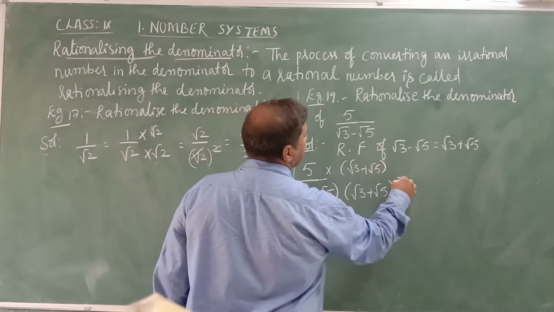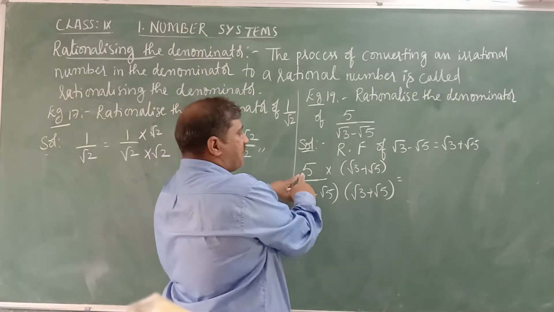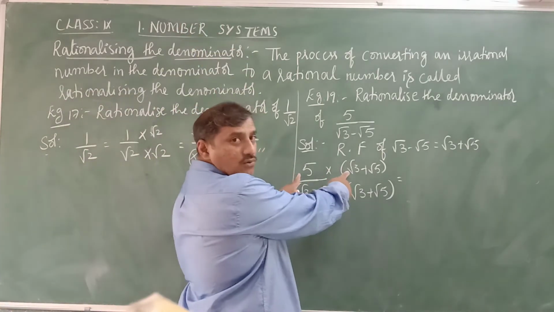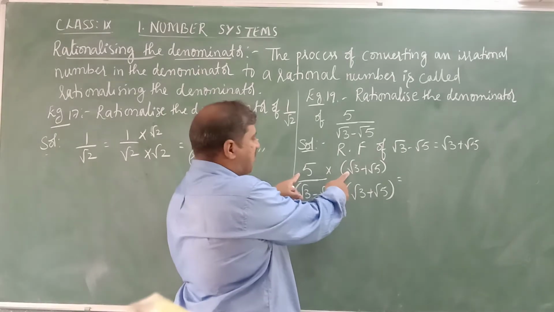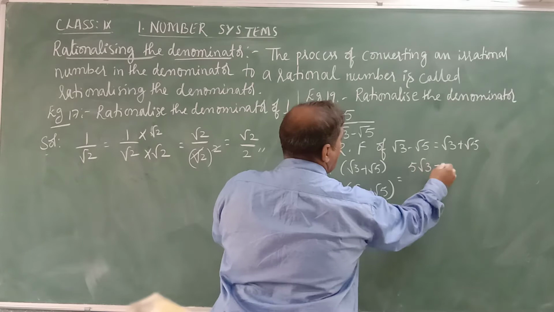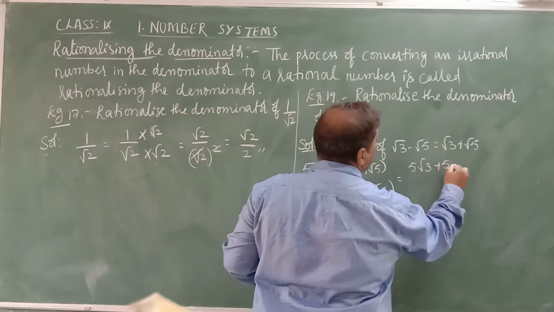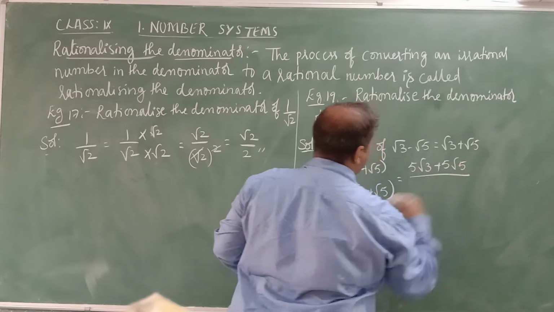Both are to be multiplied, numerator and denominator. So here we are multiplying 5 into 1 root 3, multiply the coefficients, 5 root 3. Plus, 5 into 1, 5 root 5, divided by